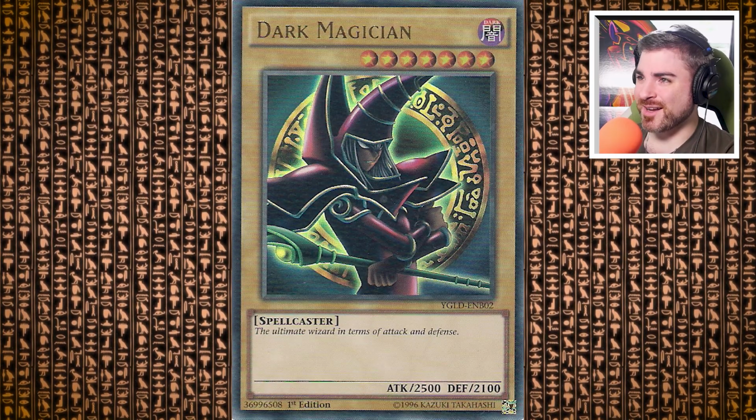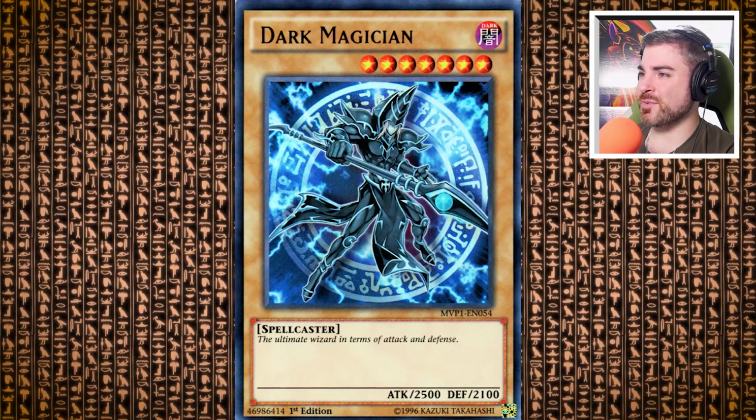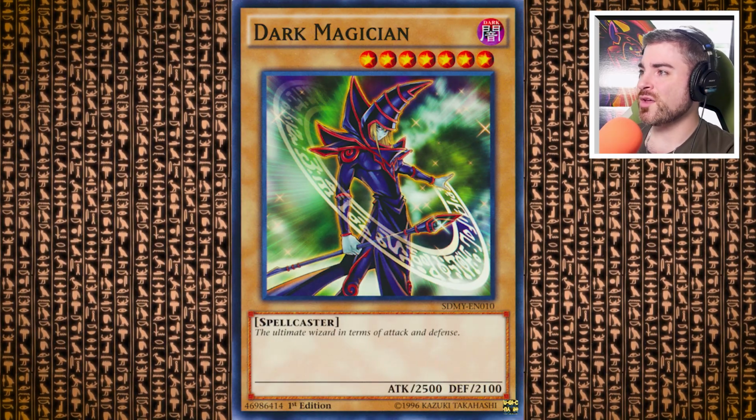I gotta give that extra half point. The Dark Side of Dimensions, I believe I said 6 out of 10. Going from that, we're still not done here yet, but by my main macho man, we got the structure deck Yu-Gi-Oh! from